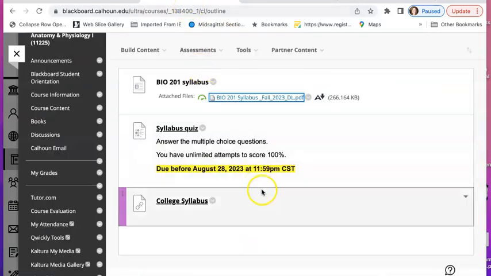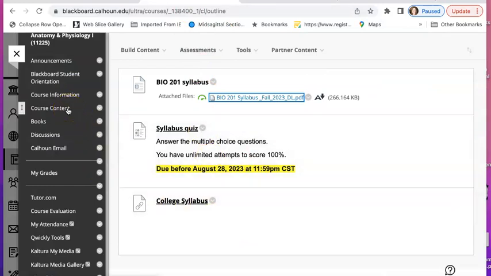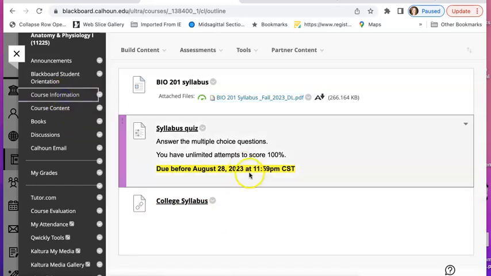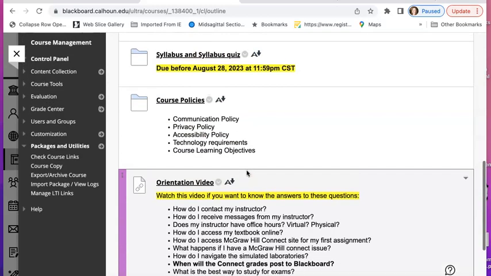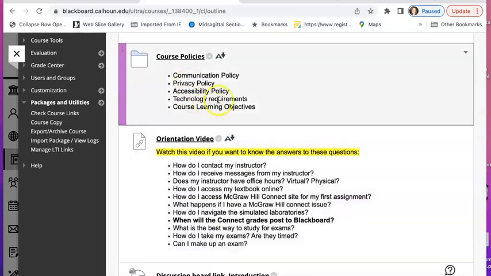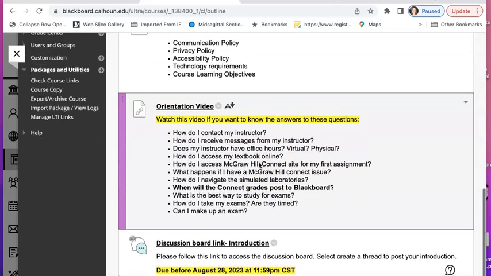Okay, so back to the syllabus quiz, which will be here for you to take. The college syllabus, review that just for some general college guidelines. And then we have the orientation video, which you're watching right now. We have all these course policies. If you want to know about technology requirements, if your computer is good, if it has all the updated information, all the systems and programs you'll need, the communication policy is always good. And